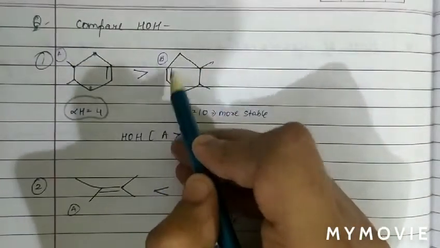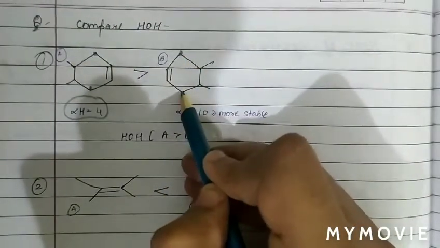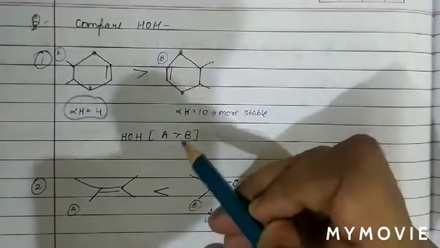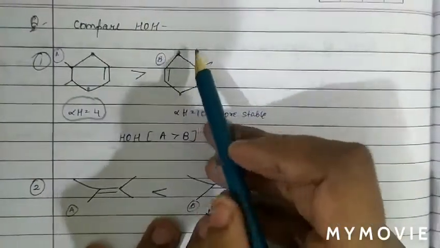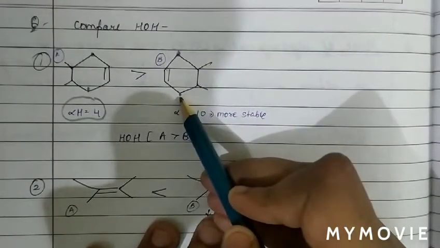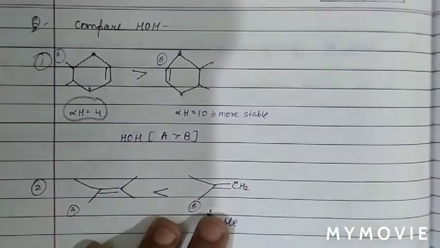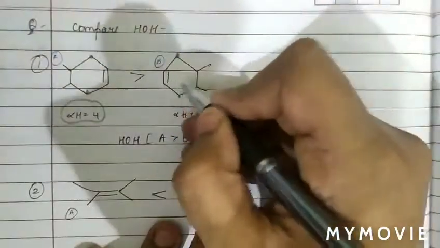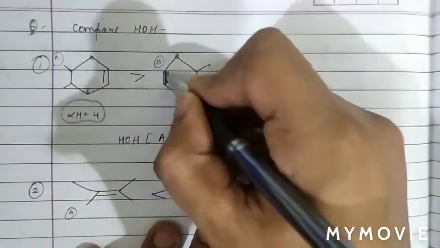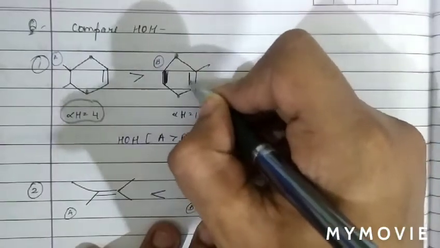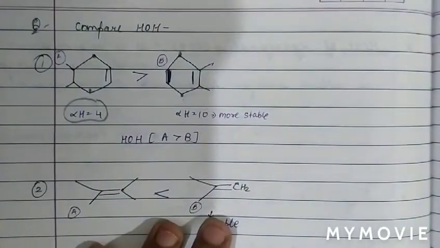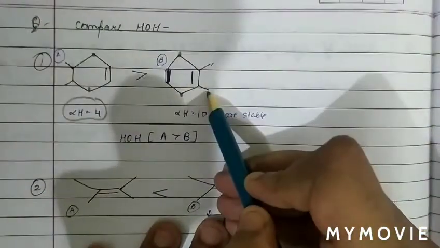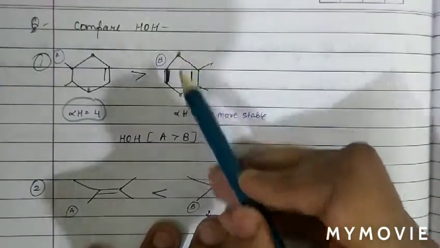Now see this. In this case sp2, this is sp3 carbon, this is sp3 carbon. So how many alpha hydrogens are there? We can see that in this case the number of alpha hydrogens is 1, 2, 3, 4. So basically in this case the pi bond is not at this position, it is at this position. Now compare the alpha H. So basically in this case alpha hydrogens are 3, 3, 6 and 2, 8 and 2, 10.